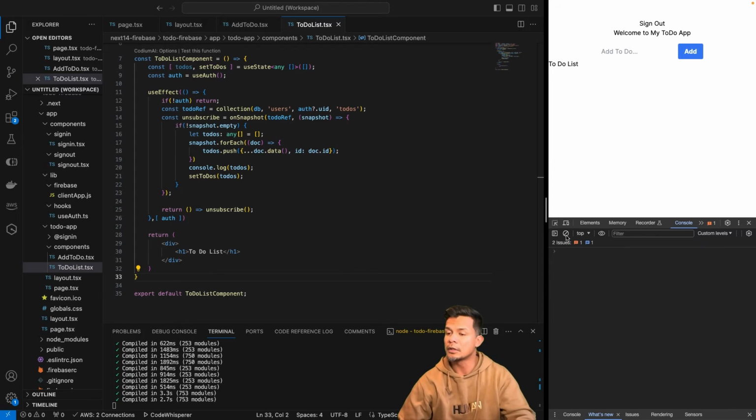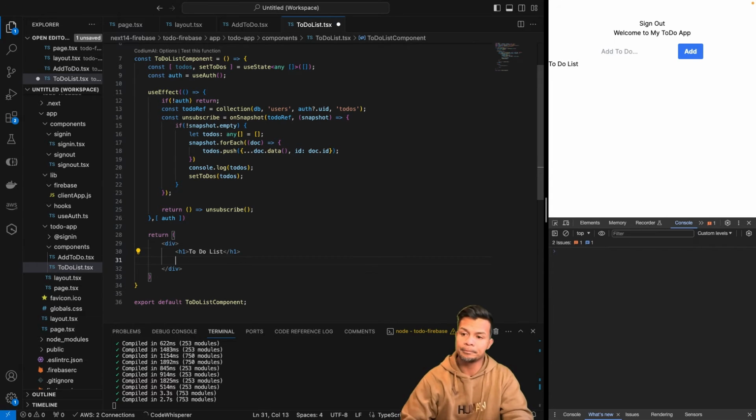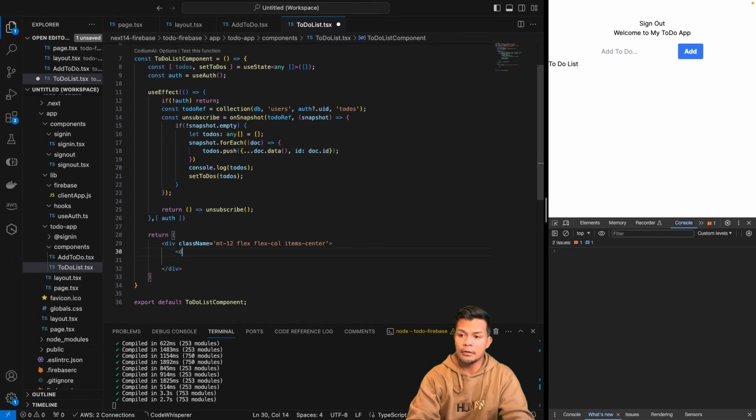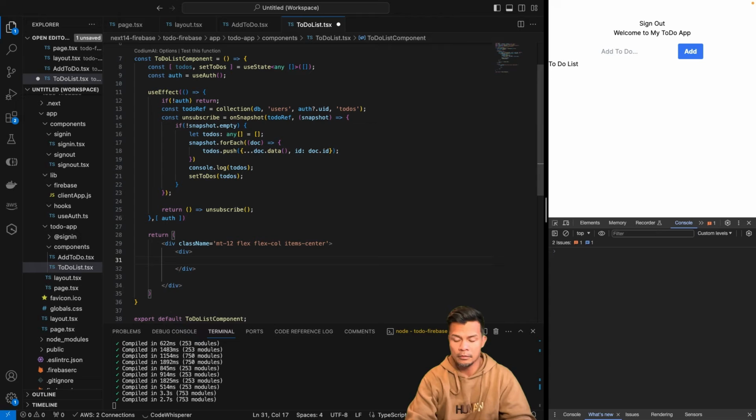So let's render in here, and I'm going to grab some Tailwind code just so it renders properly. And then over here, we are going to